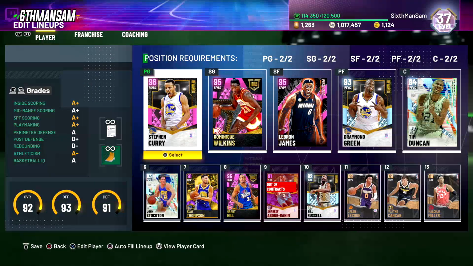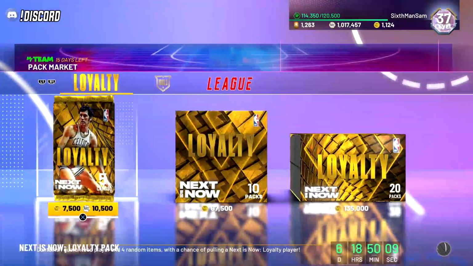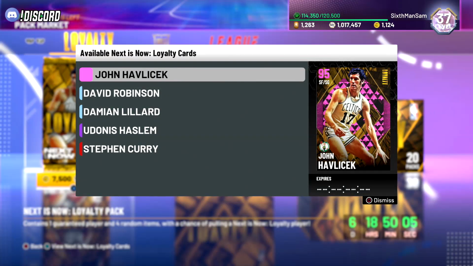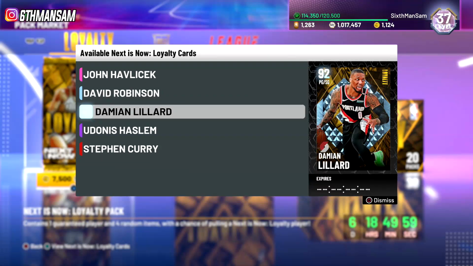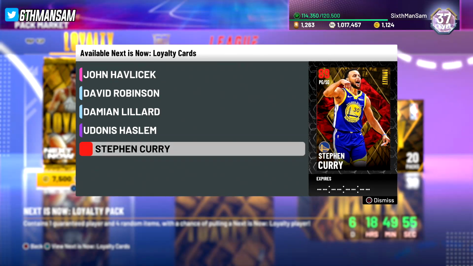So first things first, we're going to switch over to the pack market, and as you'll see, we got another Next Is Now or Spotlight set, and this one's loyalty. So a bunch of very loyal players to their team. We got Pink Diamond Hondo, we got Diamond David Robinson, finally. Love D-Rob cards. We got Diamond Damian Lillard, Amethyst Udonis Haslem, and then a Ruby budget Steph Curry,